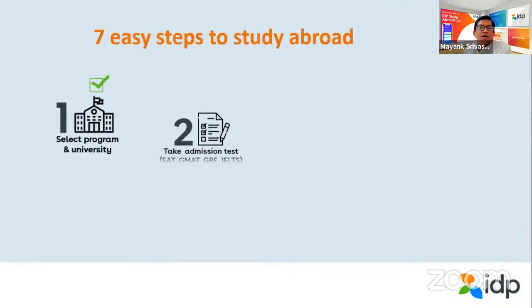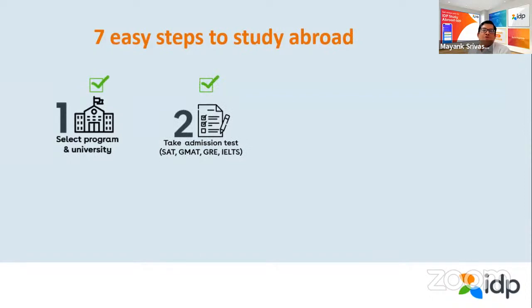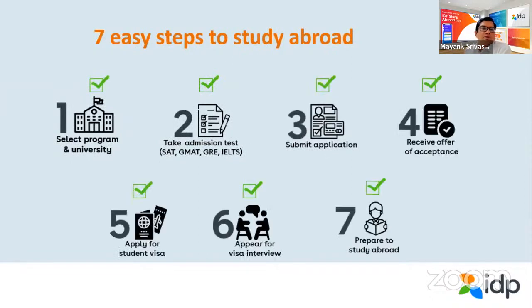So when you are applying for abroad study, what steps do you have to take? The first thing is that IDP will help you to select a university program based on your credentials or documents given by you. We will study your documents and then help you with your specialization and electives that you have chosen in the last year, or based on your experience. We will select the right university and the right program for you.